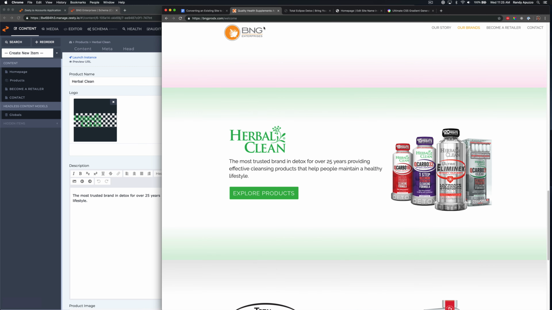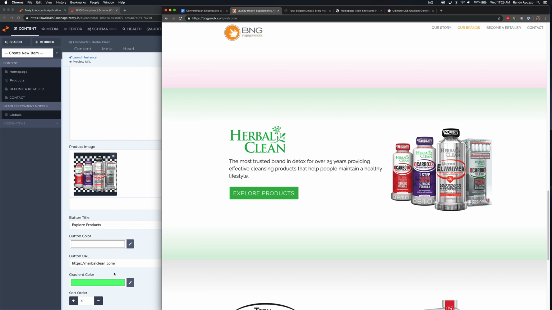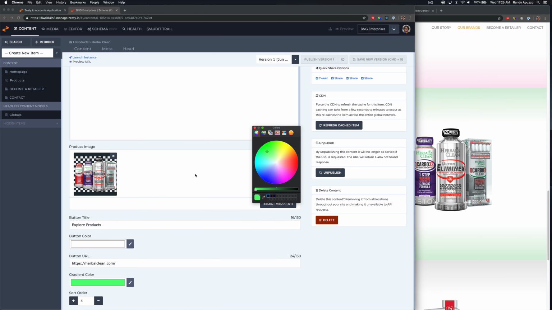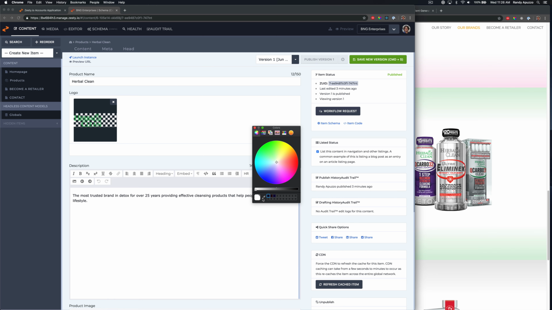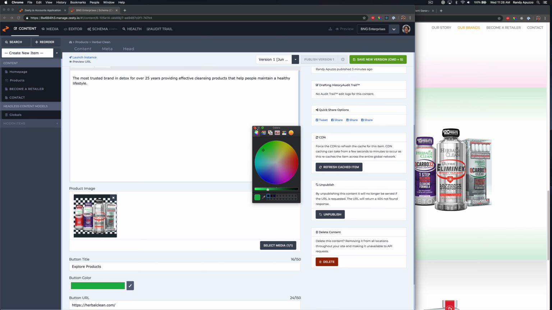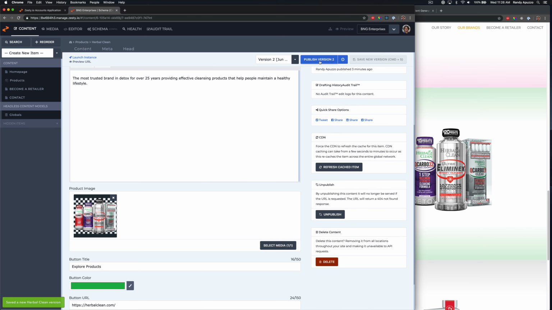and let's look at Herbal Clean. The original Herbal Clean had a very strong green, so it had a more subtle green when it came to the background color. So I'll select that, and the button color was a very strong green. It was like almost the green of the logo, so we can just grab that. Perfect. Save, publish,